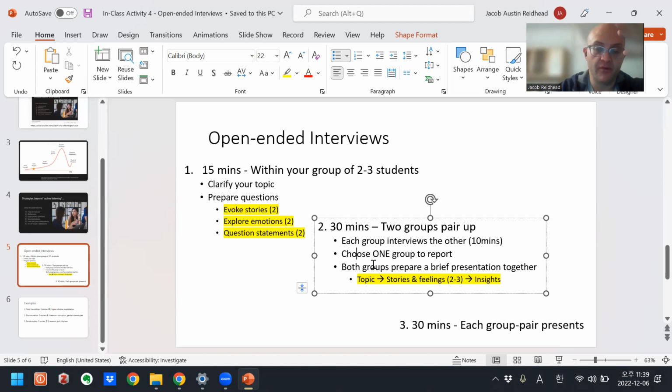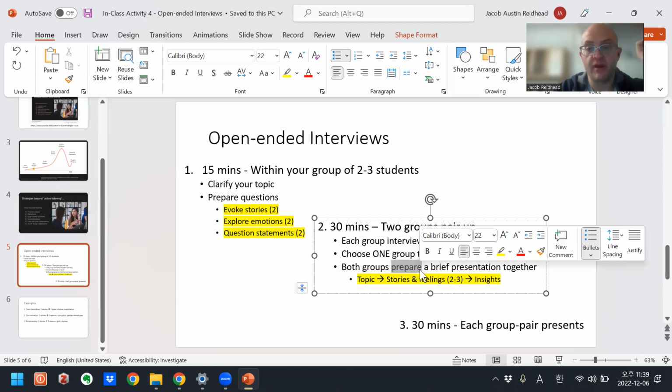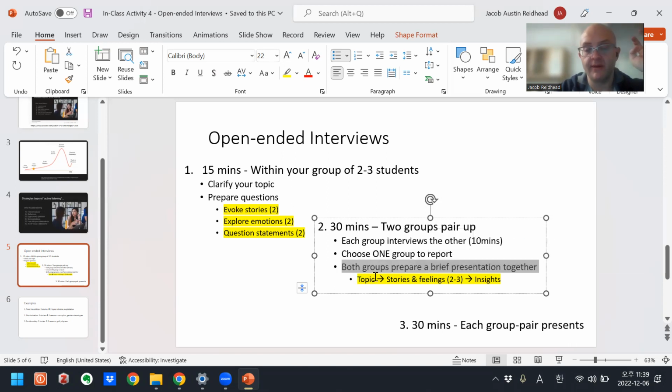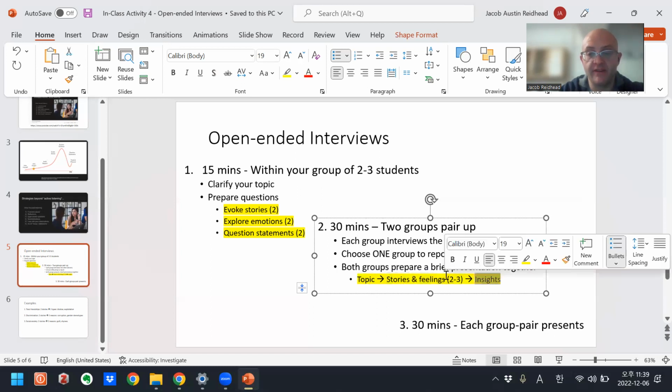Then both groups, A and B, are going to prepare a brief presentation together about the topic of group A. As they're preparing it, they're going to present the topic, the stories and the feelings, and also the insights.